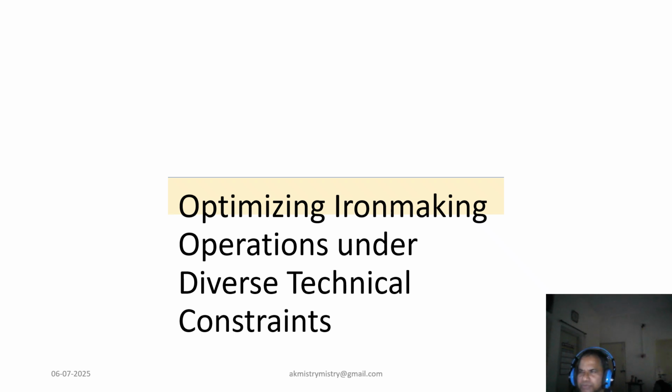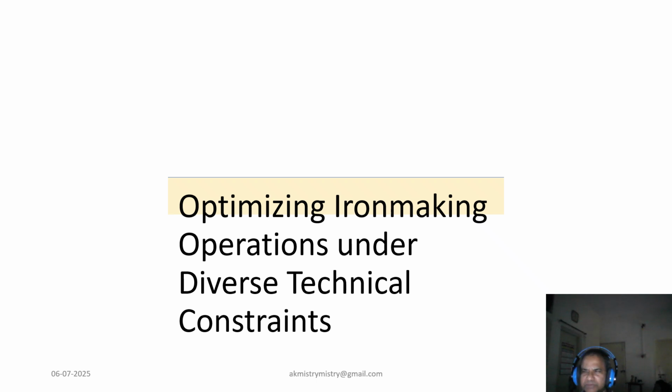Today we are going to talk about blast furnace operations optimization. As we all know, optimizing iron making operation under diverse technical constraints becomes a challenge for all operators. So today we will explore the strategies to optimize blast furnace operation, focusing on improving efficiency and productivity under various